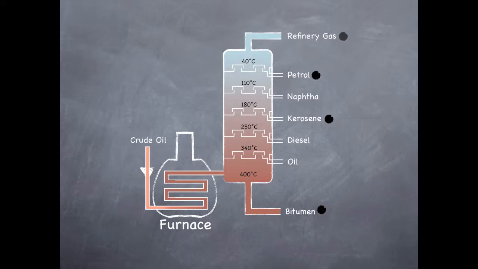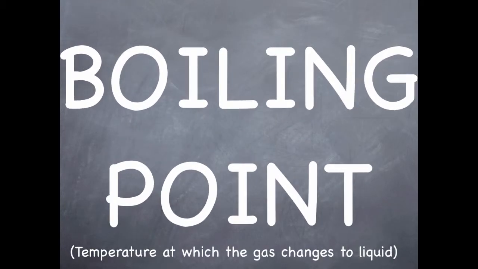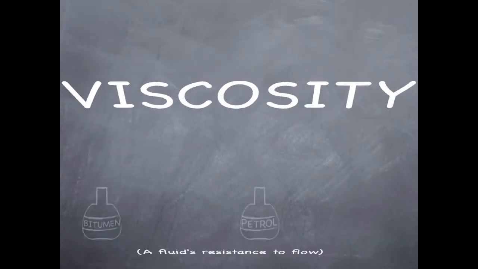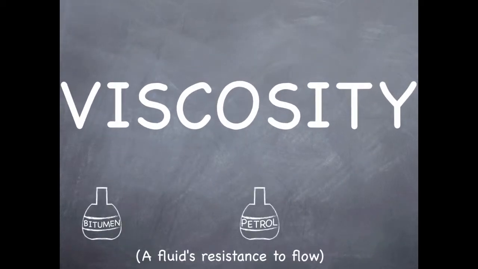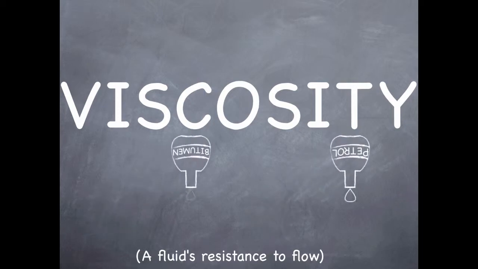The higher up the column a fraction is separated, the fewer the number of carbon atoms in its chain. The unique number of carbon atoms in each alkane gives the fractions unique properties. You should be able to link the size of the molecule with these properties. You will need to be able to say how the size of the alkane affects its boiling point, which is the temperature at which the gas changes to a liquid, its viscosity, which is a fluid's resistance to flow,